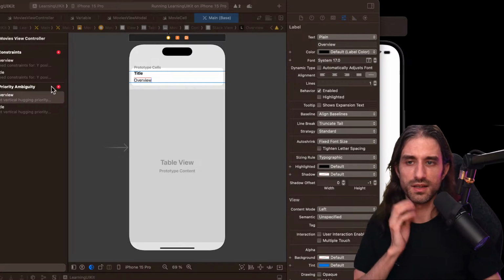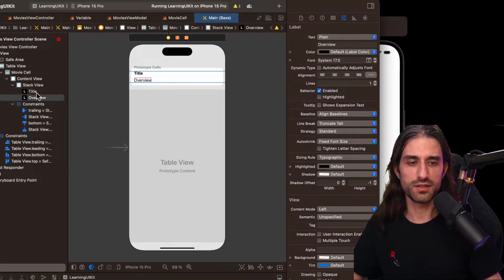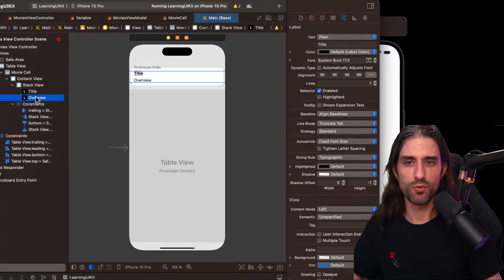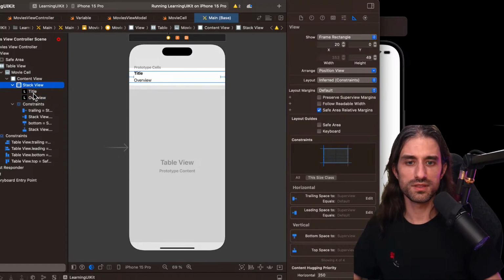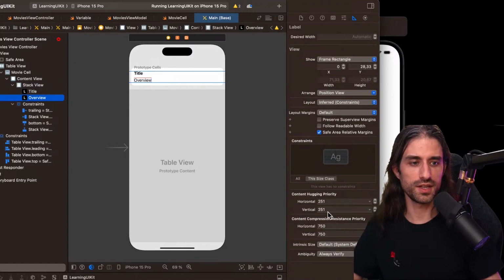Yes, that's the case. So I need to say if there isn't enough space for the two views, which one should shrink actually. And the way you do it is, so here this content hugging priority, sorry, I'm going to make it slightly less a priority for the overview.